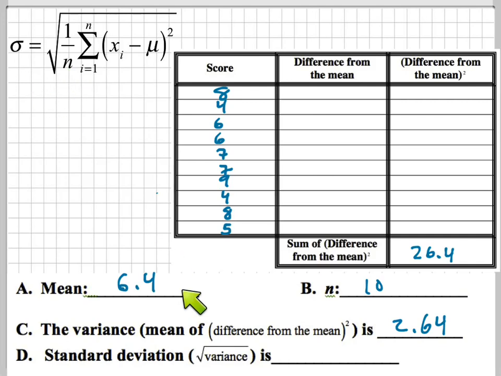And then finally, we get the standard deviation, which is the whole point of this thing. You take the variance, which is 2.64, and you square root it. And so when you square root it, what do you get? 1.62. Good. And when you guys start getting big old decimals, just round to the nearest third decimal.